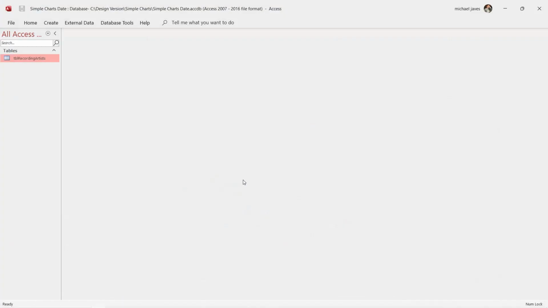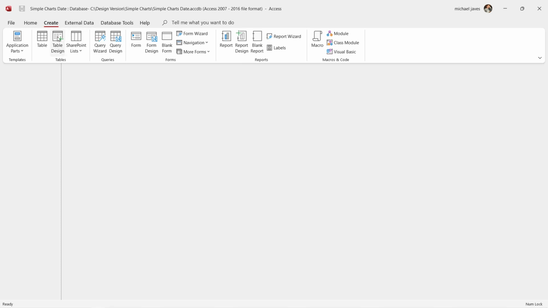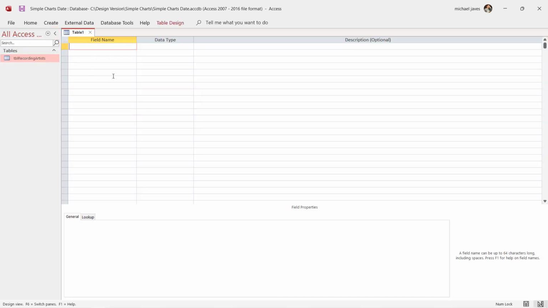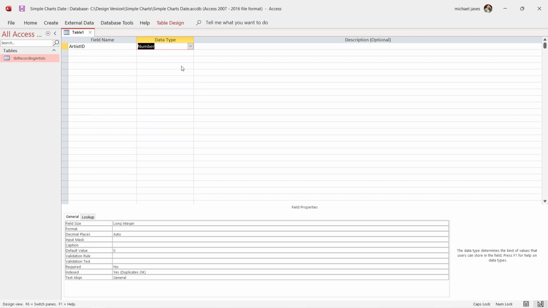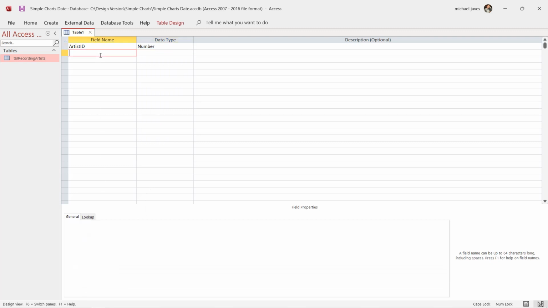So let's go open up our database. This is the simple charts data file I was working with last time, and we go to create and table design. This is a much different table. It's a bit more complicated, but this is very simple really. So we want artist ID, and you want number for that. It's an important number. Long integer, remove the default value of 0. That's important, you must remove that default value of 0. And record